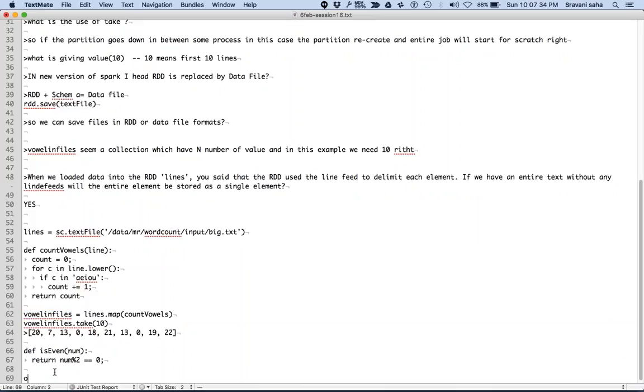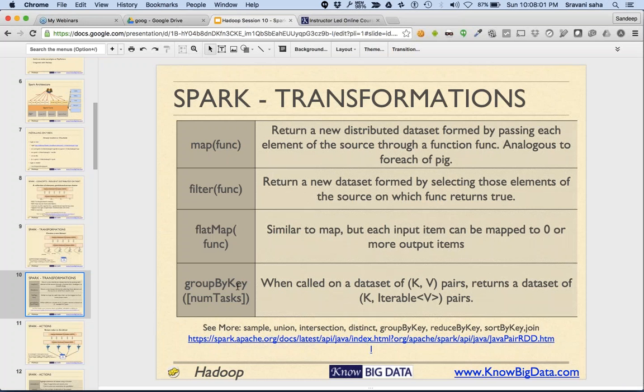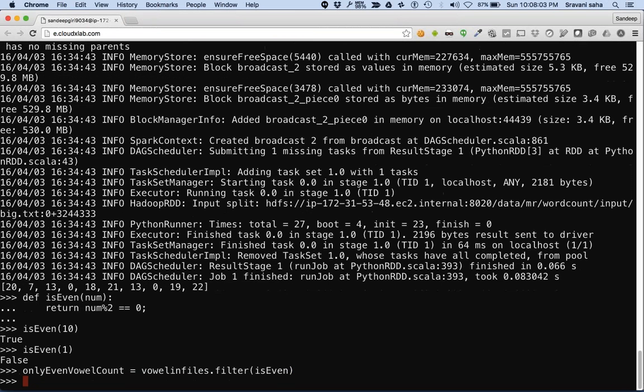So we say only even vowel count equals vowel in files dot filter. And what is the filtering criteria? This particular function. You can see that we are passing the name of a function as if it's a variable, because in Python that's the way it is.